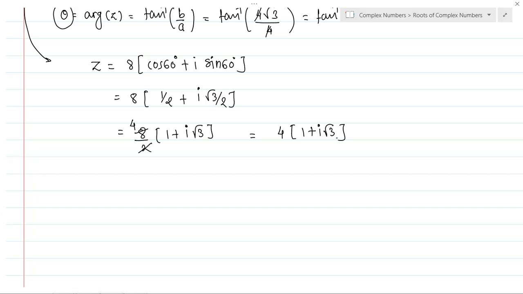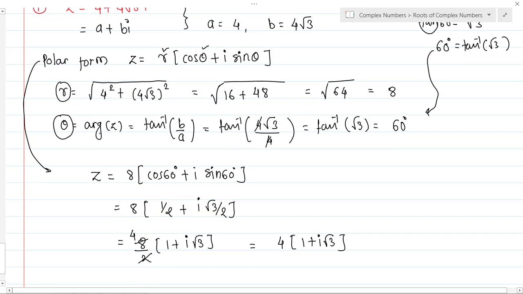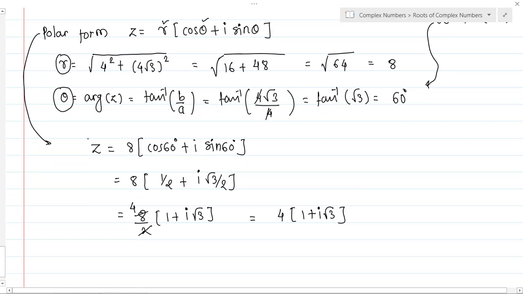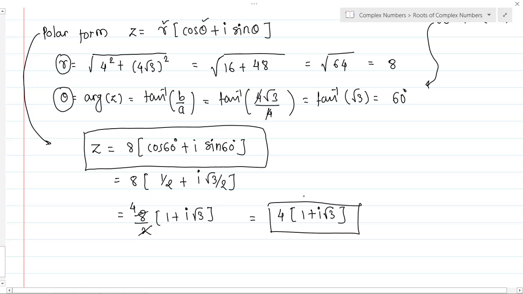Yes, sir. So this is nothing but the representation of the given complex number z is equals to cos theta plus i sin theta. Actually, your standard answer should be here. You can keep any form, no problem. You can write this or that, either is fine.